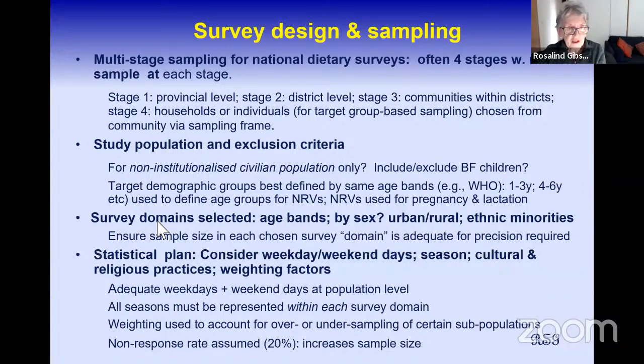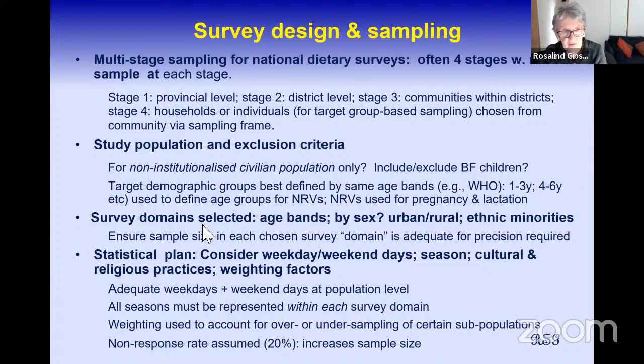The third thing we have to consider are the survey domains that have been selected. Besides the age bands, we usually present our data by sex. We may present it, as I've said, by urban or rural areas and by ethnic groups. And we have to ensure that the sample size in each of these domains is adequate for the precision that we require. So this means before we go and see our statistician, we have to have made several decisions that we can talk to the statistician about to ensure that we get the right precision for each of the domains